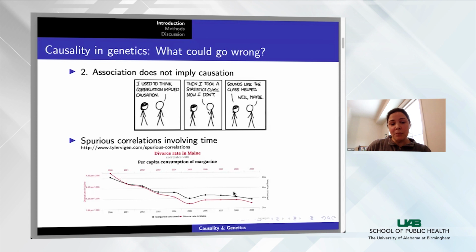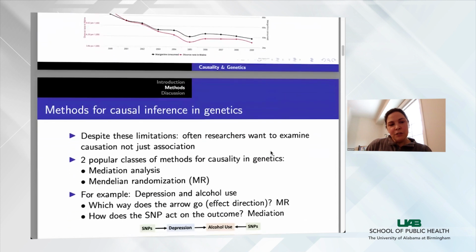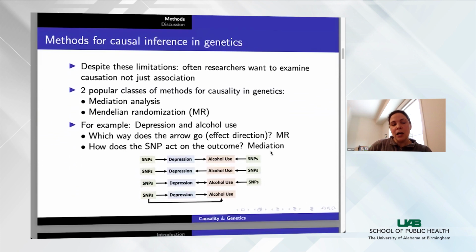But because of that time component, we see a very strong correlation between things we wouldn't think. A lot of fun examples on that website. There's even one with venomous spiders and the number of letters in the winning word of the National Spelling Bee. So quite fun. So for causal inference in genetics, there are a lot of different methods and different ways of